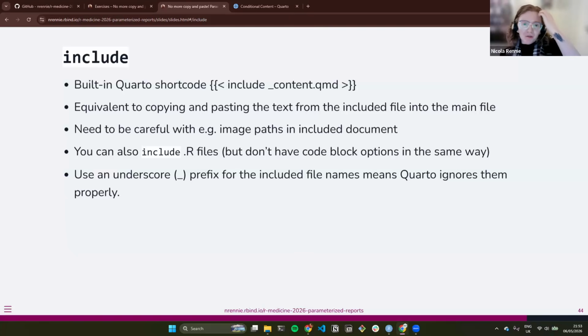You can also include R files with the include shortcut. I've never done it because you don't get code block options, but you can. One thing I would recommend is you'll notice that this file name starts with an underscore, and that's not a coincidence. The nice thing about Quarto is that if you start your file name with an underscore, Quarto doesn't try to